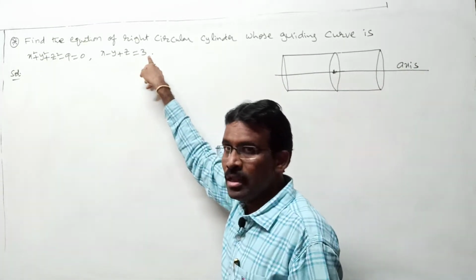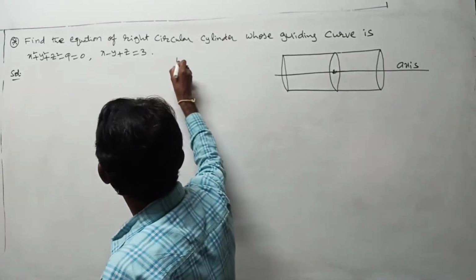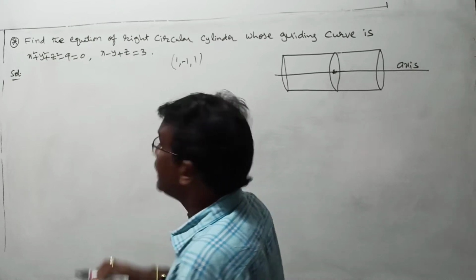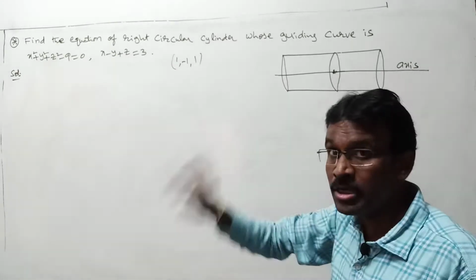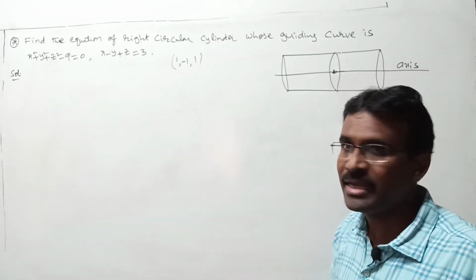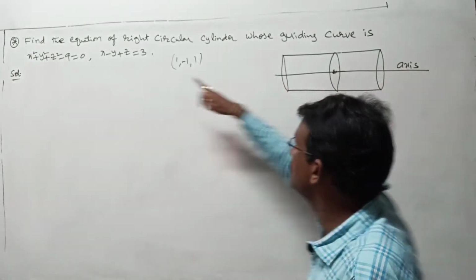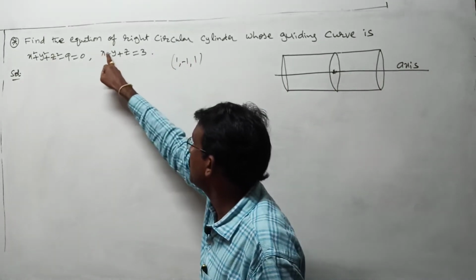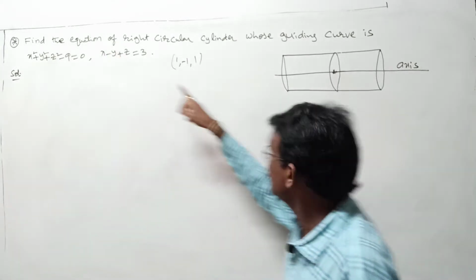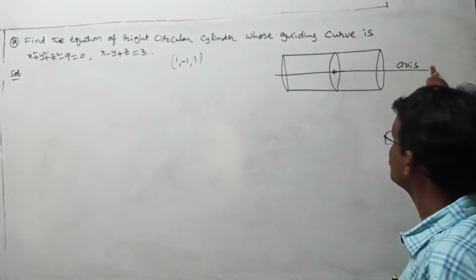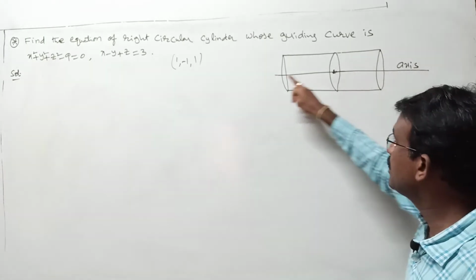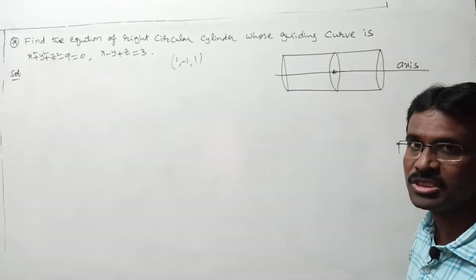Yes. Under this plane, the x coefficient, y coefficient, z coefficient, 1, minus 1, 1, are what ma? Direction ratios of the normal to the plane. Normal means what ma? Perpendicular line. Is this a perpendicular line to this plane or not ma? So 1 comma minus 1 comma 1 becomes what ma? Direction ratios of this line ma, means the axis ma. Yes, we got the direction ratios of the axis ma.